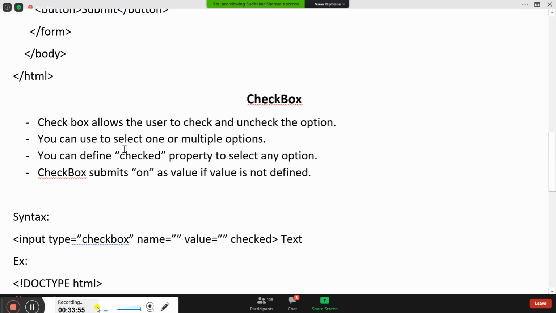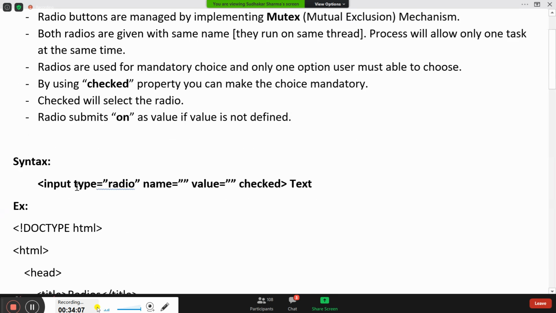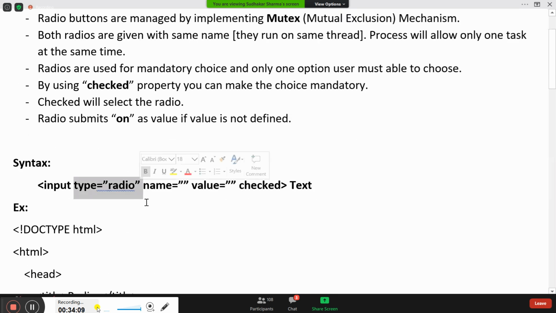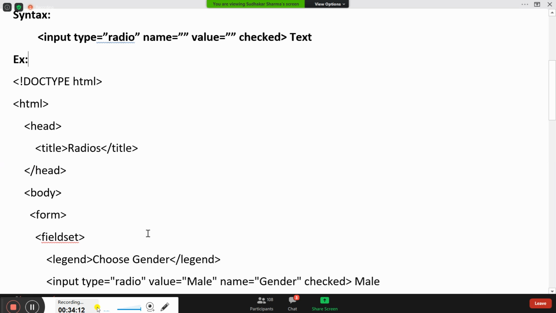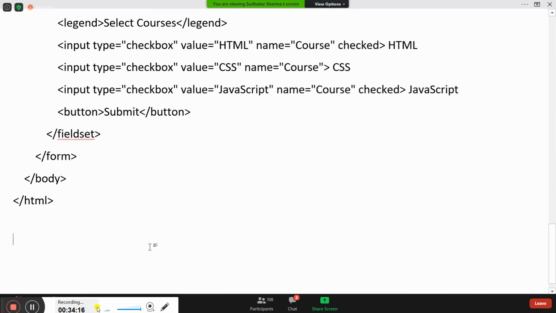So radios and checkboxes. A checkbox is defined by using input type as checkbox. Radios are defined by using input type as radio. So that is radio and checkbox. But here one problem is there with the radio and checkboxes. The problem is if there are many options and the user has to choose one,